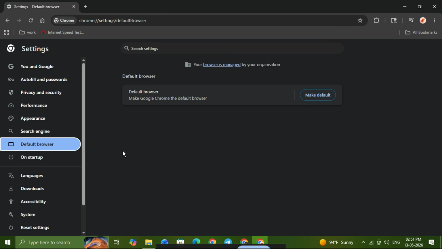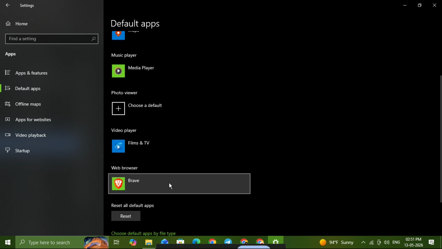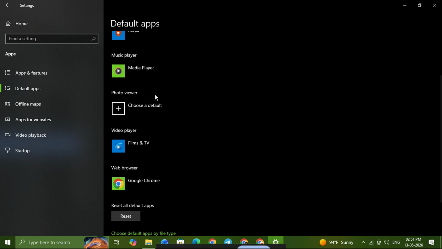Now you'll see the option to make Chrome your default browser. Click Make Default. At this point, Windows settings will open automatically and show you your current default browser app settings. This is normal because Windows is the system that controls default app choices. On the Windows default app screen, look for Google Chrome and select it if needed. Then set Chrome as the default for web-related file types and link types, such as HTTP and HTTPS, so links